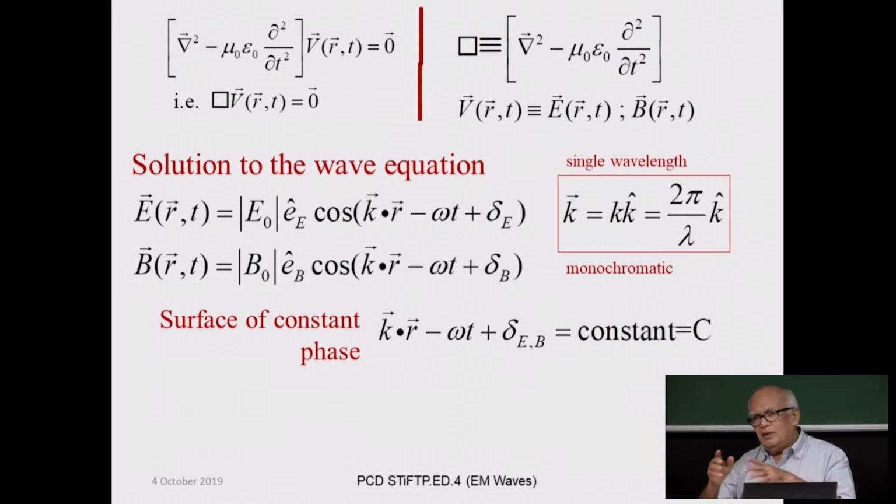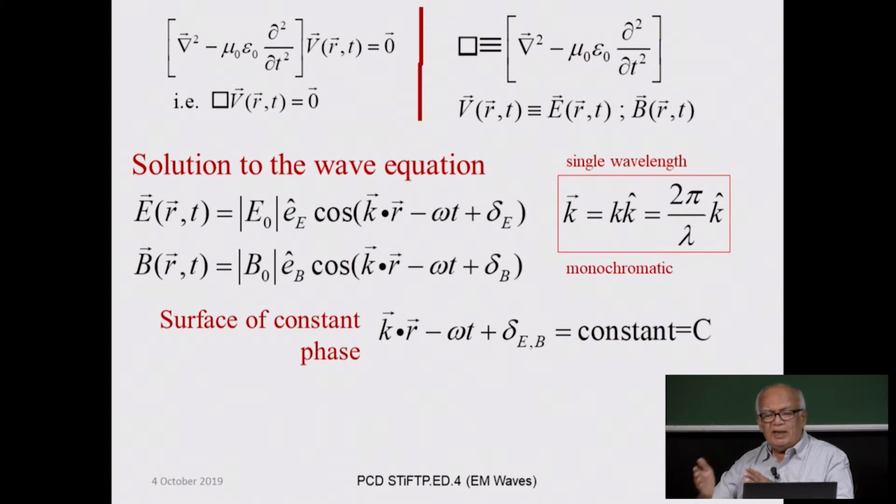When the differential of kz minus omega t goes to 0. So, the differential will be k dz minus omega dt, the differential of delta, the phase constant, will go to 0, right-hand side differential goes to 0. So, k dz will be equal to omega dt,